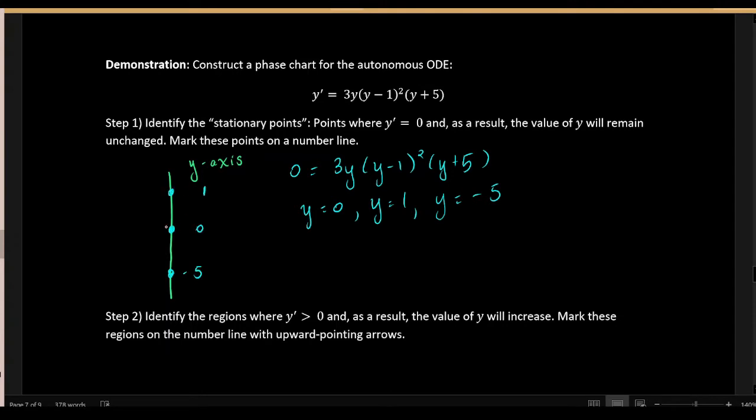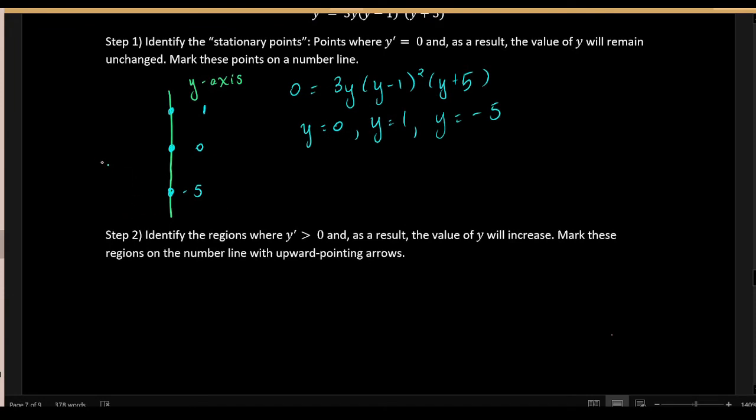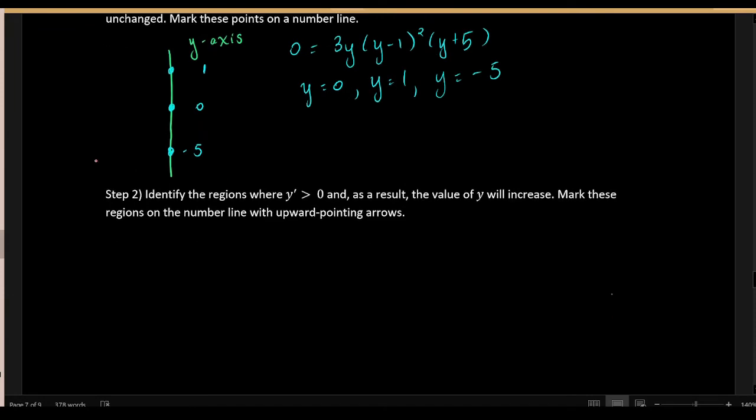If y ever reaches one of these values, then y prime will become 0, and y will be stuck at those values because y prime will be 0, which makes y constant. Now, by marking the stationary points on this number line for y, on this y-axis, we have divided the y-axis into 4 regions. Now we're going to figure out whether the sign of y prime is positive or negative at